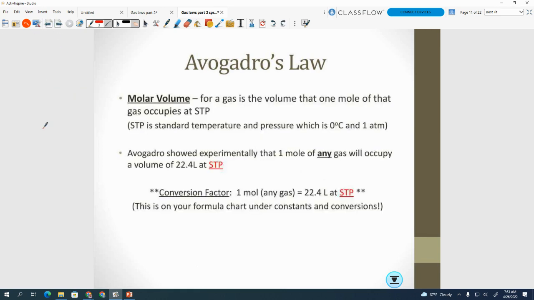All right. So where do we really use Avogadro's law? And this is where it ends up being different from yesterday's stuff. We really use Avogadro's law for this concept of molar volume. Molar volume for a gas is the volume that 1 mole of a gas occupies at STP. I've given you the relationship before that 1 mole of a gas will occupy 22.4 liters at standard temperature and pressure. So we can use this as a conversion factor